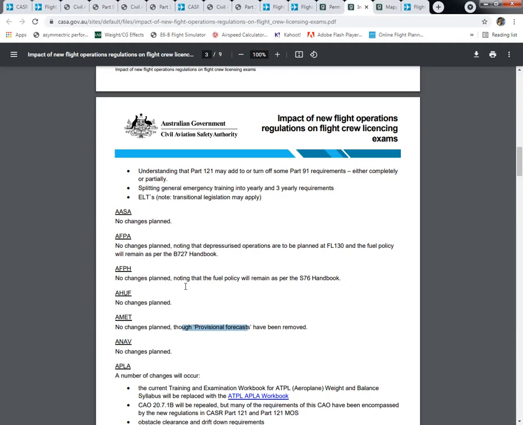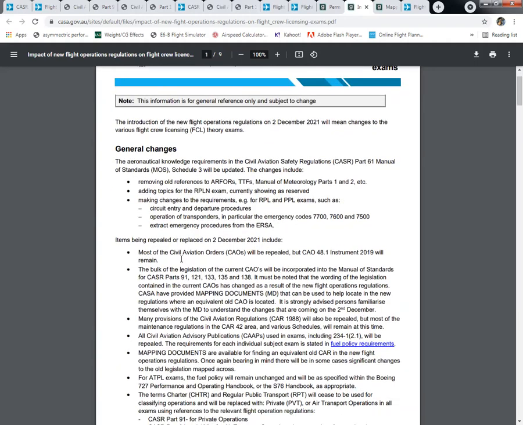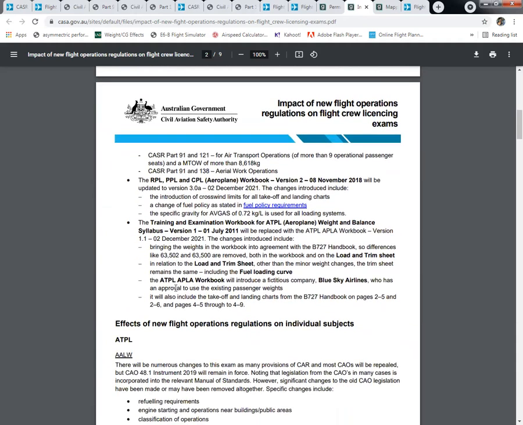So I'm in the middle of writing the new material, and that will be available probably realistically not until early New Year. So if you haven't done law yet, either do it in the next couple of weeks before December 2nd, or maybe just shelve it. And it's quite likely, CASA have said that phasing will be gradual, and they have noted that it won't be a huge slew. It'll be a phase in gradually, and they're not going to go too hard too soon, as a gradual introduction, and not dump it all on the industry all at once.